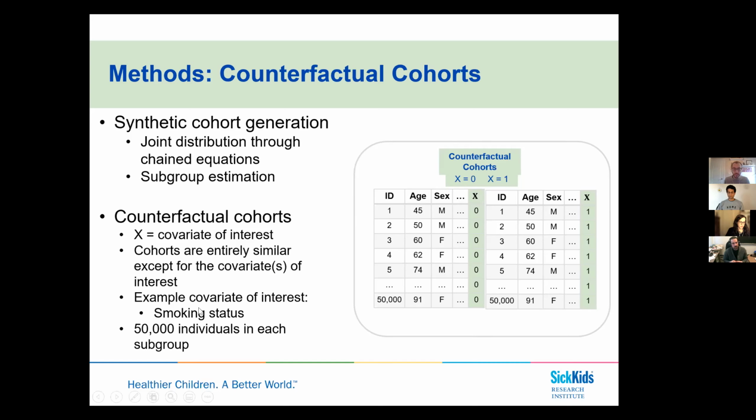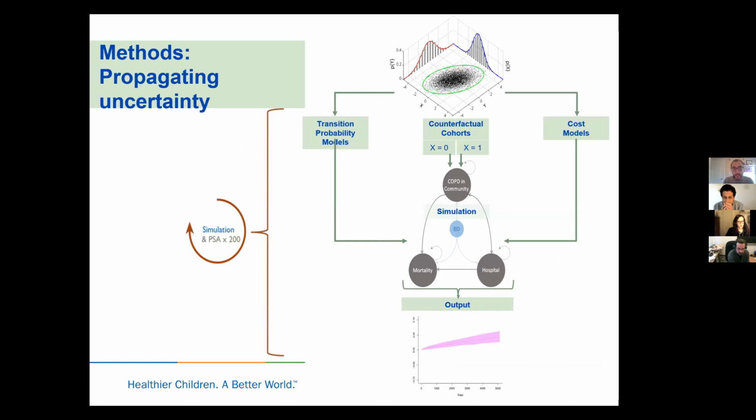We also did that at a subgroup level, where we subgroup the smokers versus the former smokers versus the never smokers. And you can imagine that the rest of the characteristics are different: if you're a smoker, you have a whole different covariate set, like comorbidities, than if you were a never smoker. So these people are going to look very different. So we build our models, we build our cohorts, we feed them into our simulation, we create the synthetic cohorts jointly, and we create an output that we